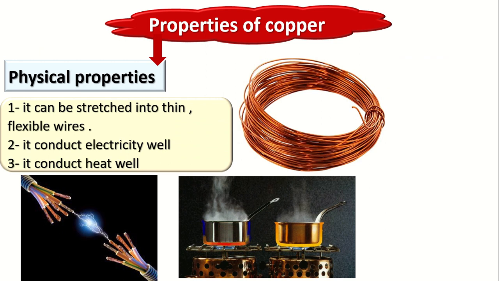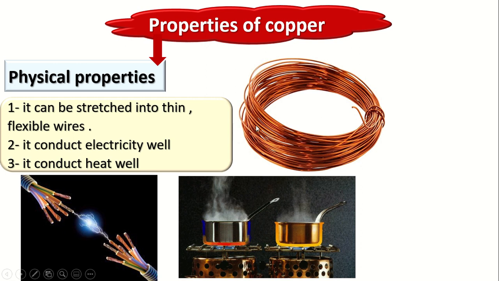Now let's talk about copper. Do you know the copper? If we are cutting any wire in our home, we can see maybe orange thin wires. These are called copper. It's called what? Copper. Today we are going to talk about the physical properties of copper. The copper, we take it from under the ground as metal or as a rock. It doesn't have this shape.